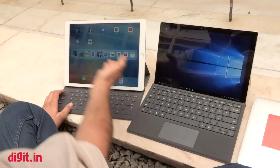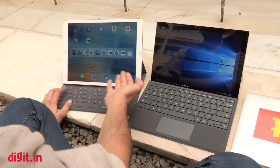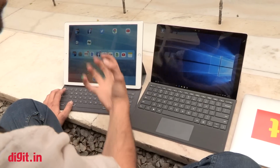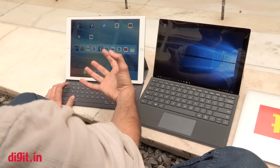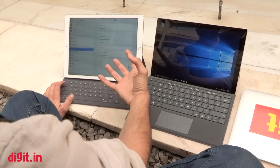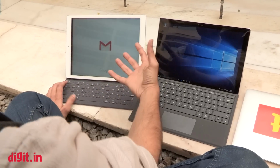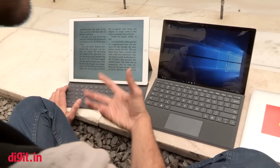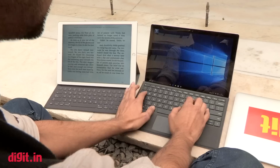It's great if you're someone that wants to multitask and work. As you can see, I have Gmail, Google Docs and other applications open on the iPad Pro, but somehow I still get the feeling that these apps aren't really optimized or cannot take full advantage of the potential of what the iPad Pro offers. The hardware is there where it should be, but the software still has a long way to go, especially when it comes to content creation on the iPad. Yes, there are specific apps that use the pen on both the devices,